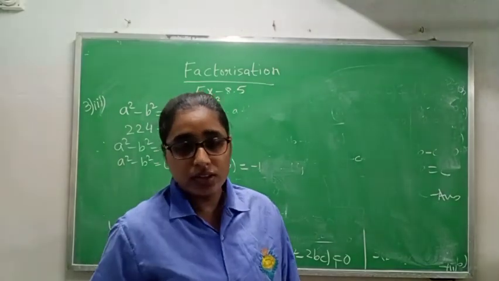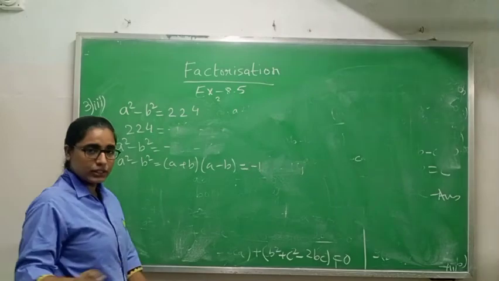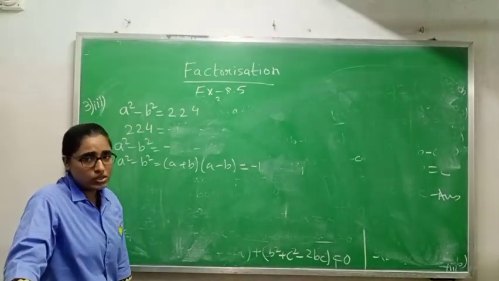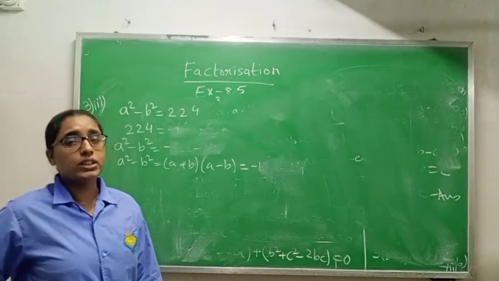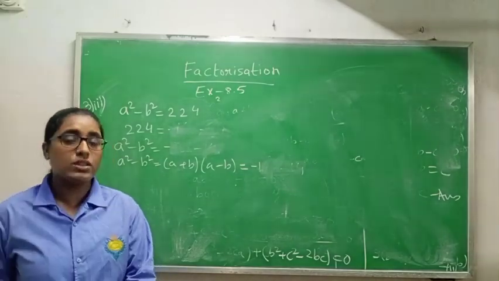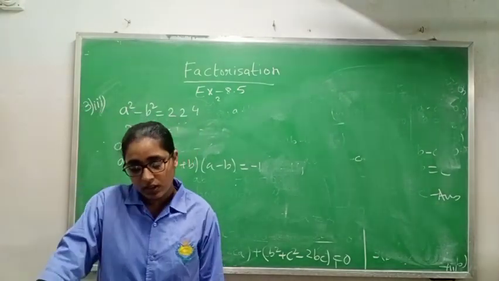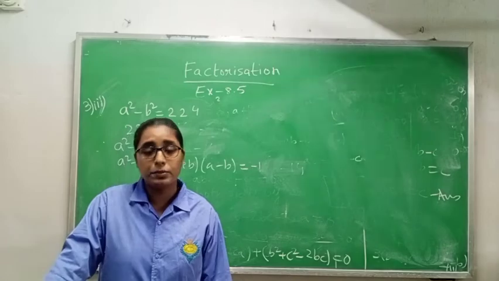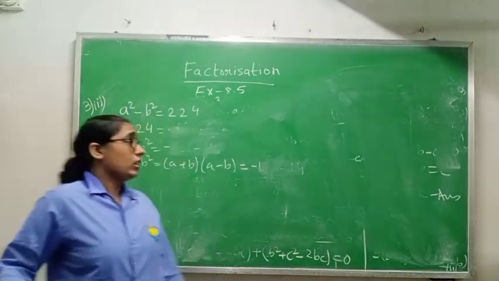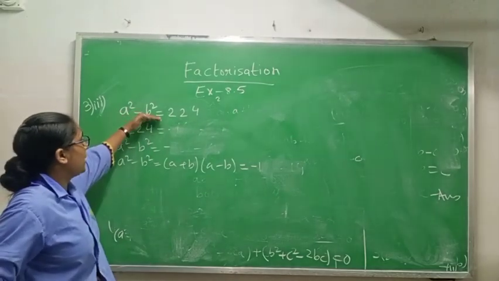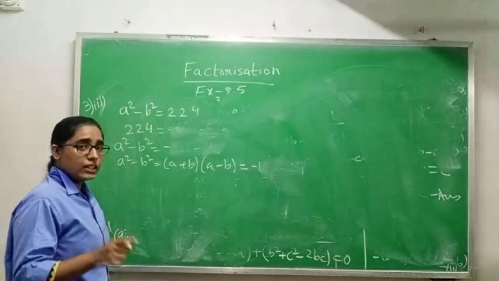Okay. So what is given to you is that a square minus b square equals 224. I have written 224, and in the question it is already written that both are negative integers, meaning there will be a minus sign before a and b. Okay. One more thing, they are saying that b is greater than a, meaning the value of b is always greater than a. Okay. So first I am writing a square minus b square equals 224. Now they are saying that b is greater than a.